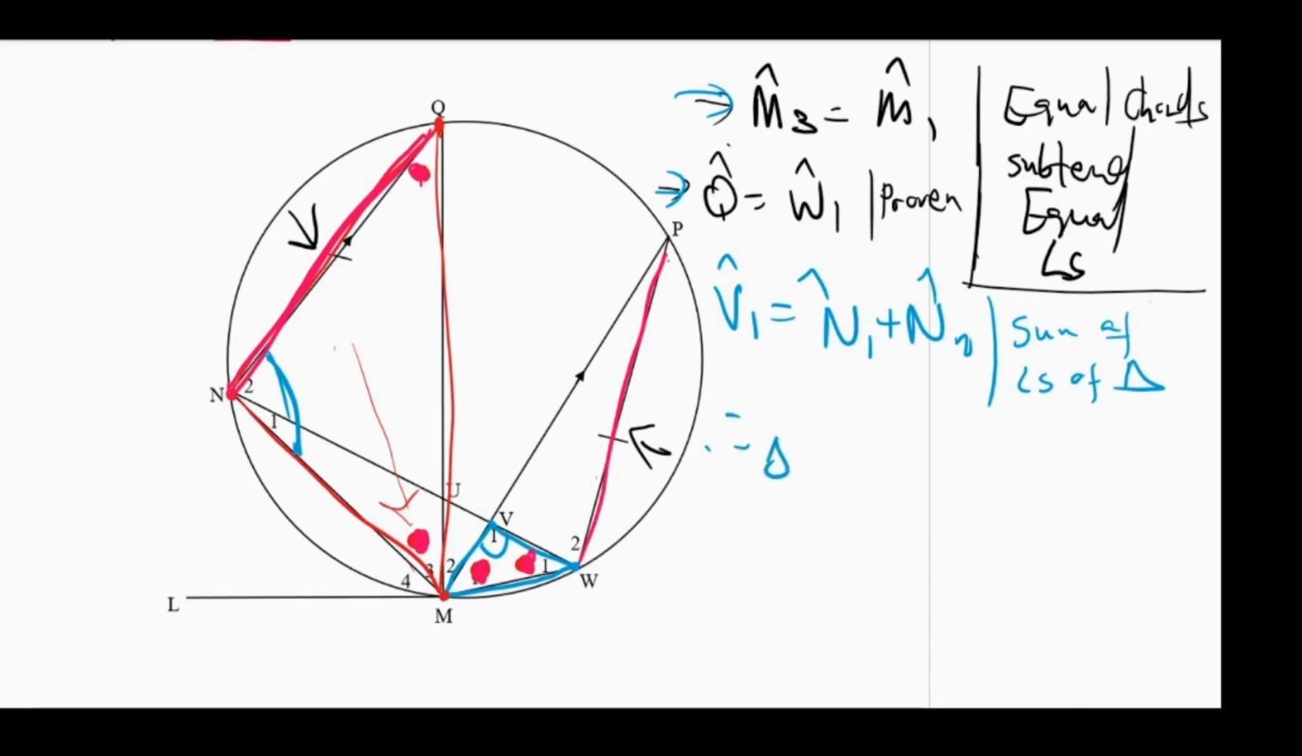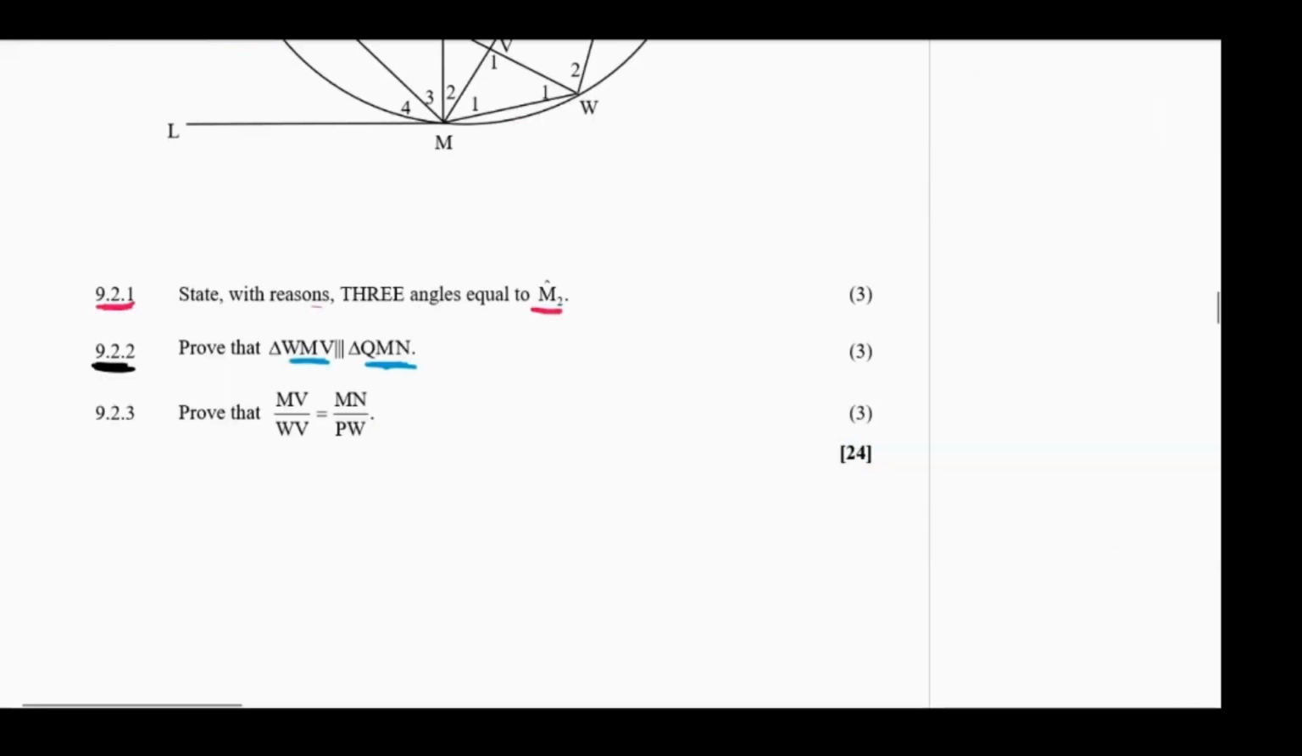So triangle WMV is similar to triangle QMN. So the reason is we just used angles only to prove that. It's angle, angle, angle. Right. Okay, so now